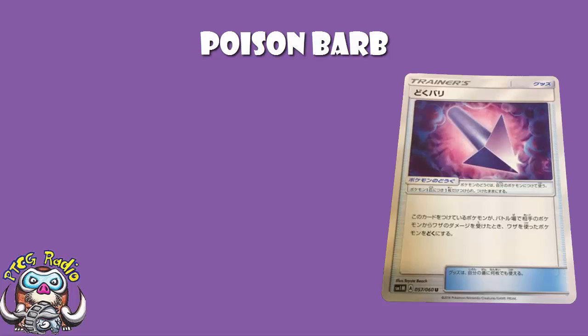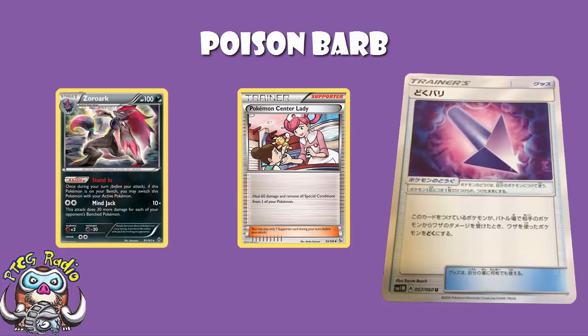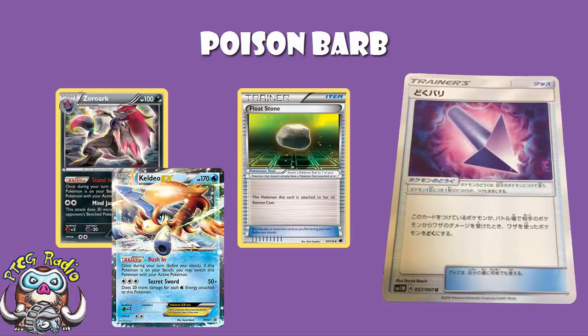Now, there are plenty of ways to turn off special conditions. There's something like Pokémon Center Lady, but of course your opponent will have to use that on their turn, by which time they've already taken 2 turns of poison. There's things like Zoroark in Standard, Caldeo in Expanded. You jump in the active and use Float Stone to retreat for free, but again, they've already taken 2 turns of